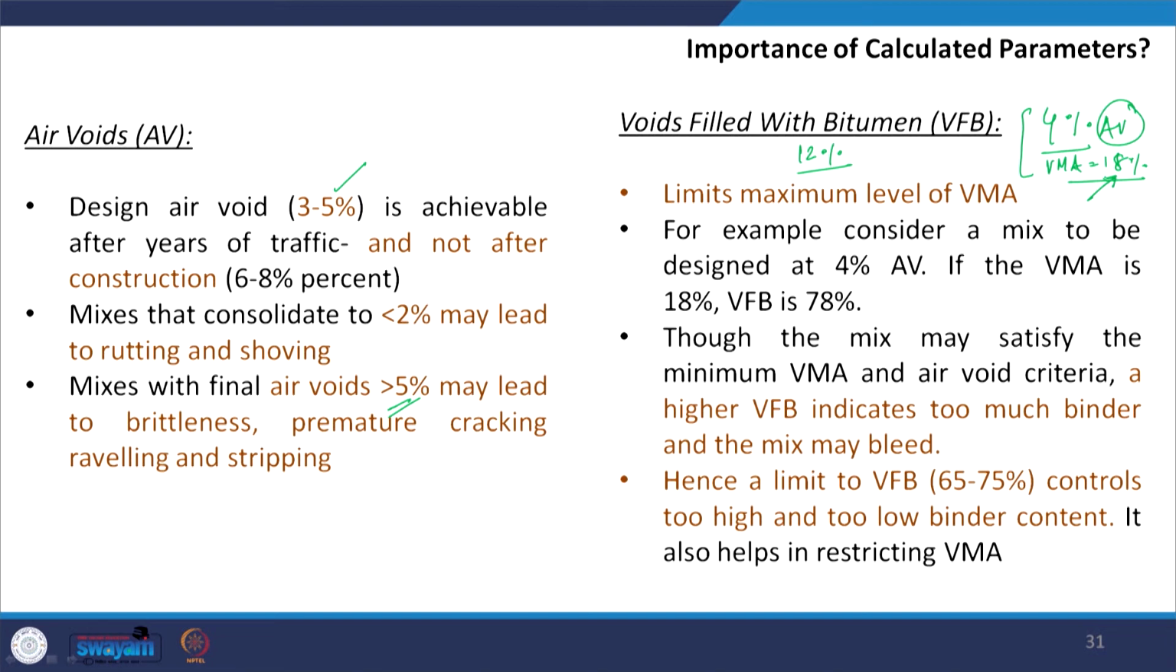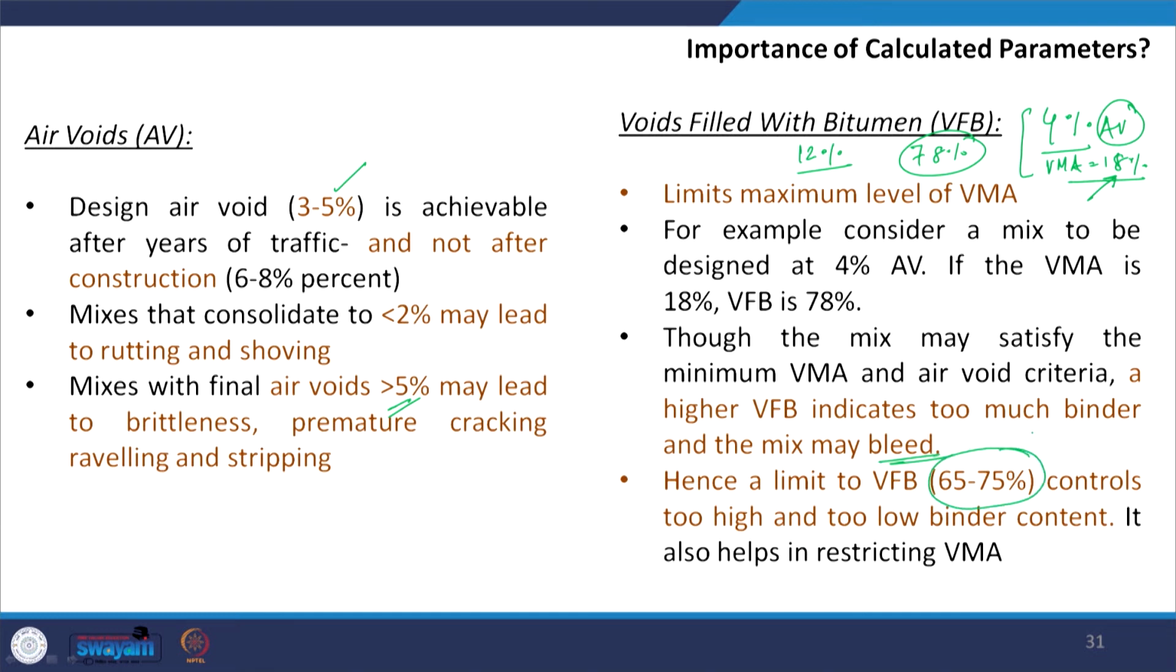But if you calculate the voids filled with bitumen, it is 78% for this problem. So, 78% means that out of the total voids, almost 78% is filled with bitumen. So, this value of VFB is very high and it indicates that we have too much binder in the mixture, and finally it may happen that this mixture may be prone to bleeding,